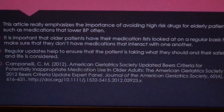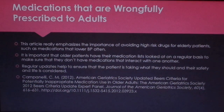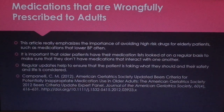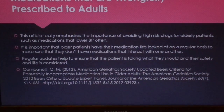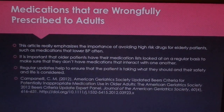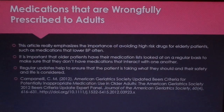So medications that are wrongfully prescribed to adults. So this article basically was talking about the elderly and how difficult it can be to prescribe new medication for them because they're so sensitive to medication. So you really have to be aware of all the possible side effects of the medication that you're prescribing as a doctor. And as a nurse, you need to really pay attention to the changes that you might see in